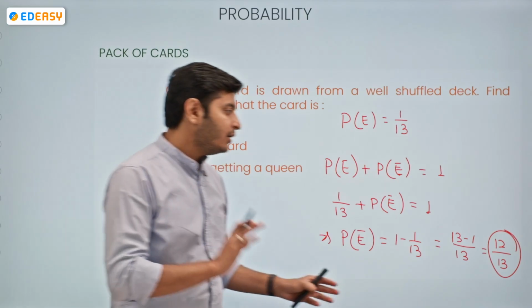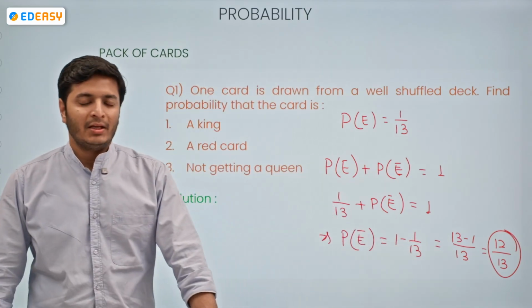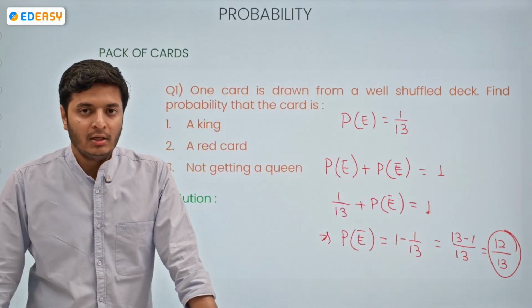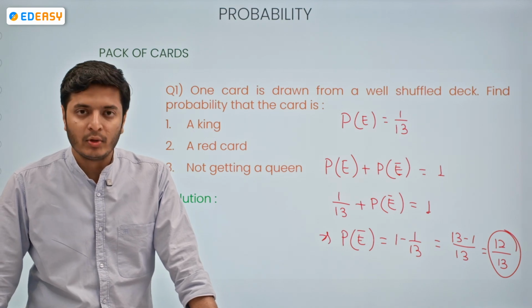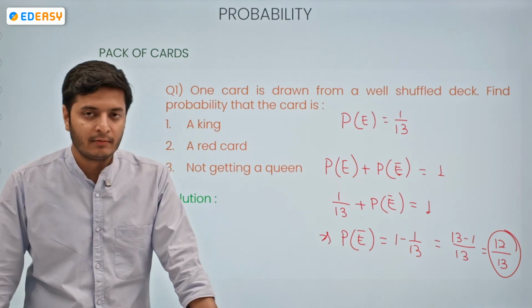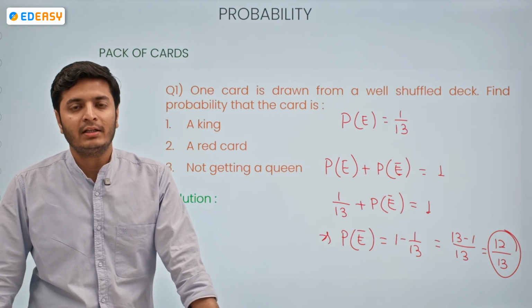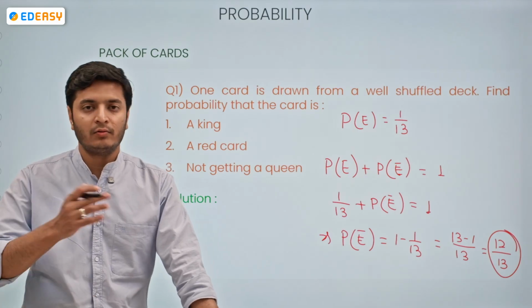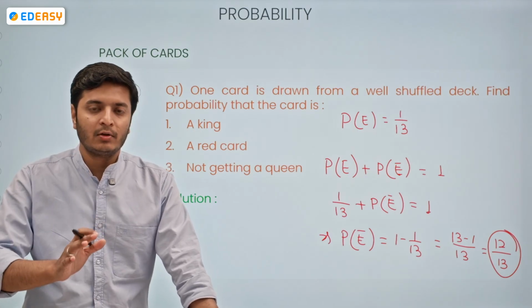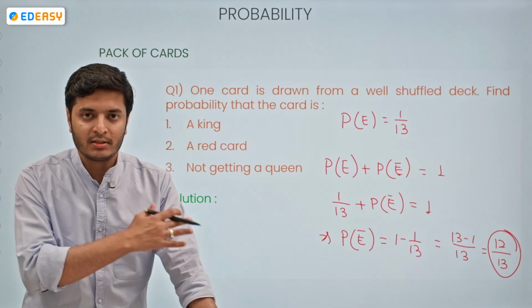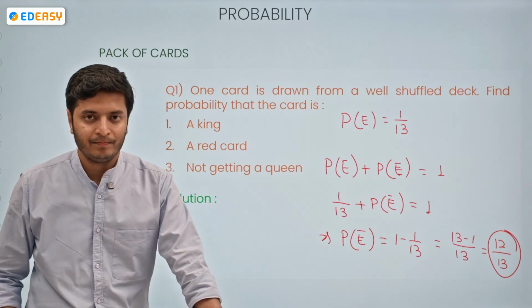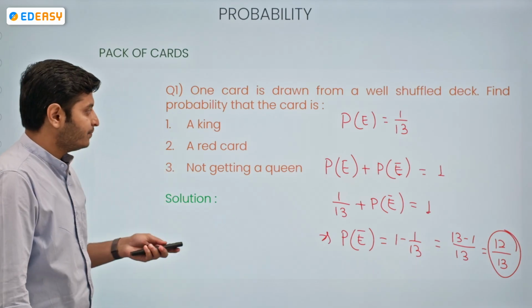So there are two ways to find this probability. Either you can find the probability of getting a queen first, then subtract that value from 1, or you can find the probability of getting not a queen by finding the total number of cards which are not queens. In this case, that is 52 minus 4. So there are two ways. Now,